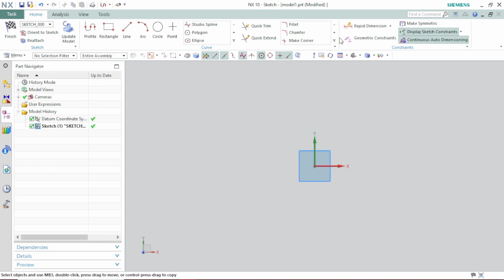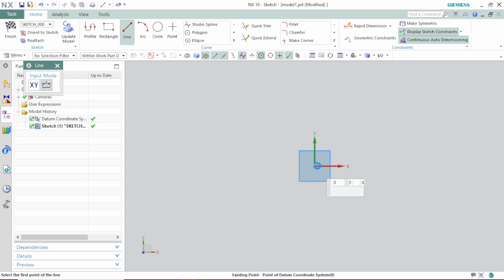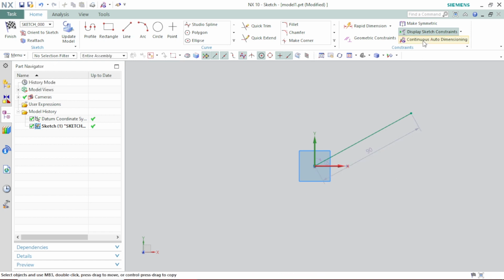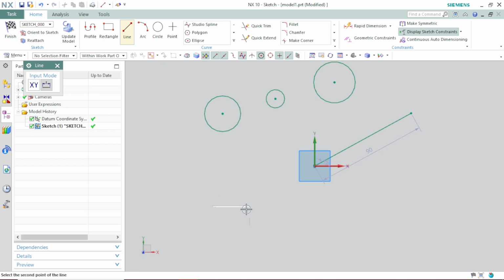So up to here, I think we completed in the last lecture the delete curve. So let's understand today the concept of geometrical constraint. Now what are they? Let's suppose I am drawing a line here from the origin point like this, and by default I will turn the continuous dimension off, so it will not create any tedious job for me. Let's draw one random small circle here, and 2-3 lines in order to